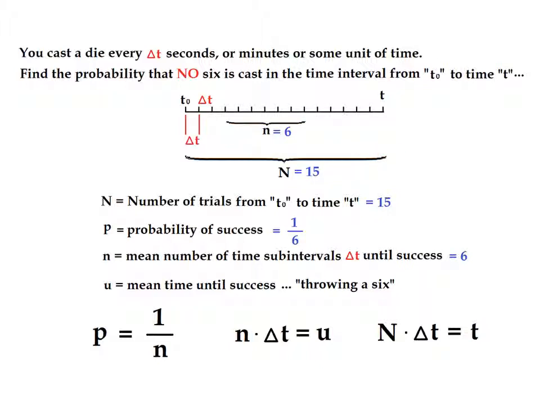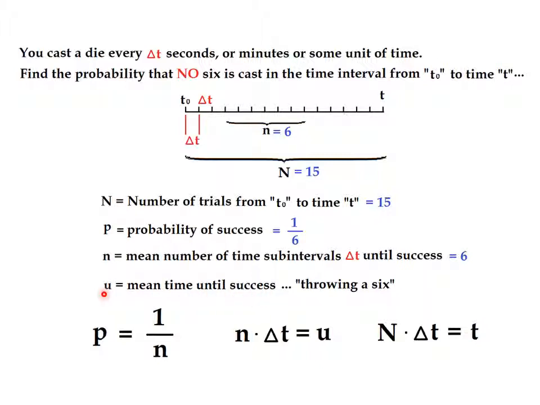Capital N represents the number of trials from time t naught to t, which in this case is 15. The probability of success is 1/6. The mean number of time intervals, delta t, until success is 6. And the mean time until success